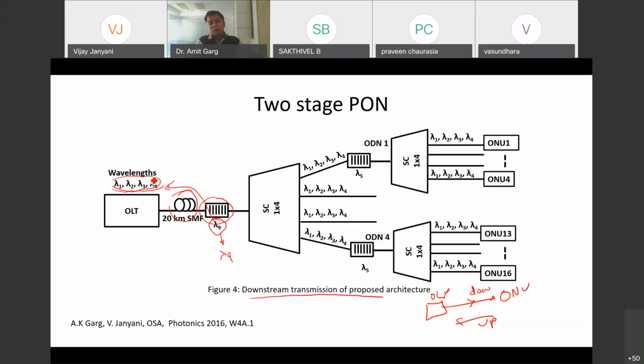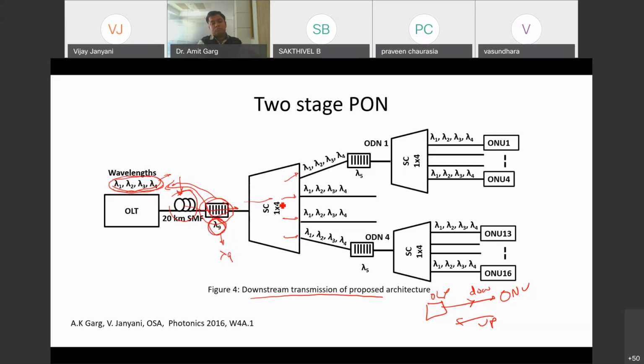Naturally, this signal, a composite signal consisting of all these wavelengths, will pass through this FBG without any attenuation, because it is not tuned to any one of these, it is tuned to a different wavelength. It will then go through this splitter, and this will split into, let us say, 4.